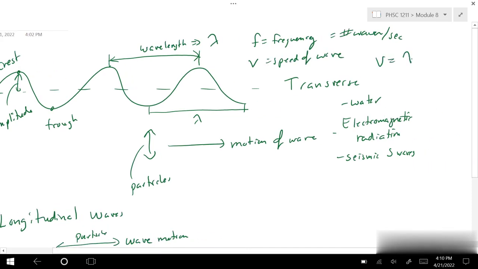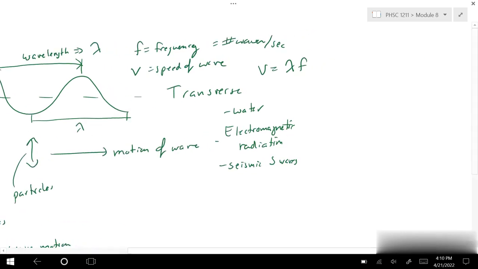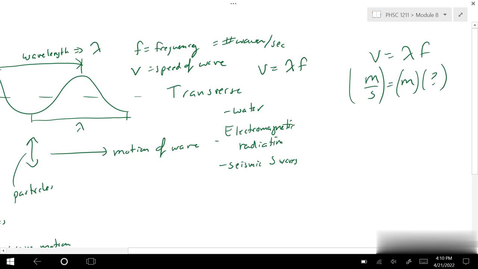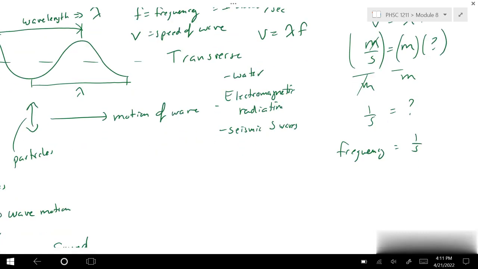where v is equal to the speed of the wave, and we get this equation, v is equal to wavelength times frequency. So if we're looking at units, we know from the past, so let's write this out so I can work underneath of it, v is equal to meters per second. Well, wavelength is a distance, so that's going to give us meters for units, and then we've got to figure out what the unit for frequency is. Well, if I divide everything by meters, these meters cancel, I'm left with 1/seconds. So my unit for frequency is equal to 1/seconds, or seconds inverse,